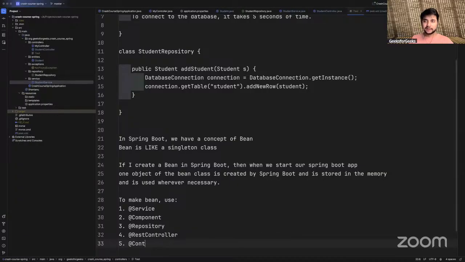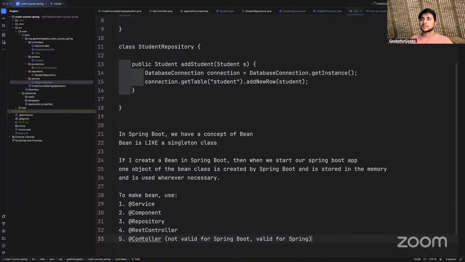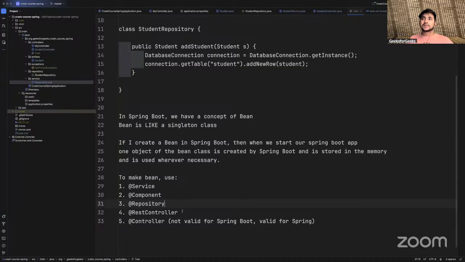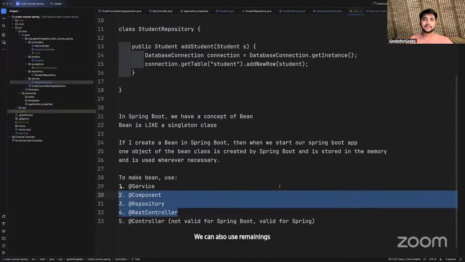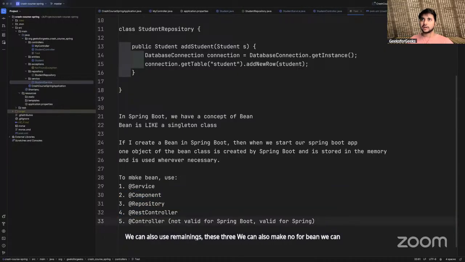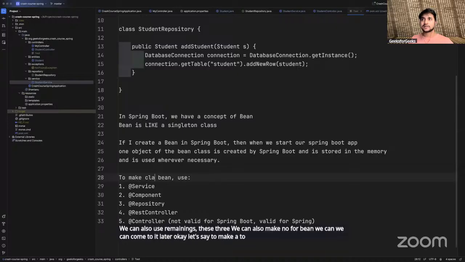I can also write @Controller. We can also use the remaining ones, and we can also use @Bean. We can come to it later. Okay, to make a class a bean, we use these.